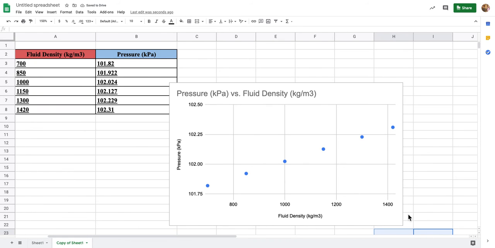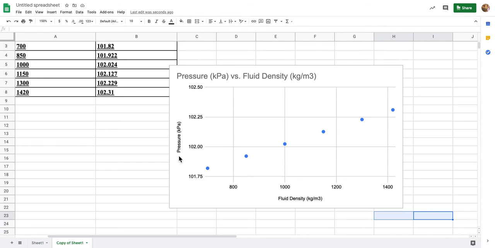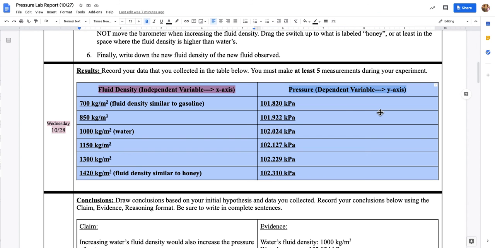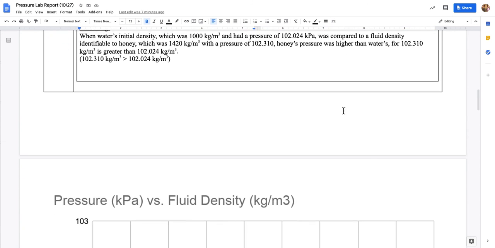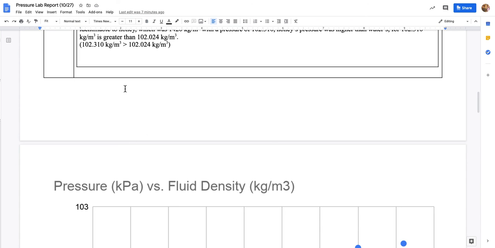Alright, so make your y-axis whatever you think looks good, and then you could change whatever else you want on there. You can change the font, you can change the colors, whatever you want to do. And then you would go here, right, your three dots again, and we're going to do copy chart. Copy chart. Then we're going to go back to our lab report, right, scroll down, and we're just going to,